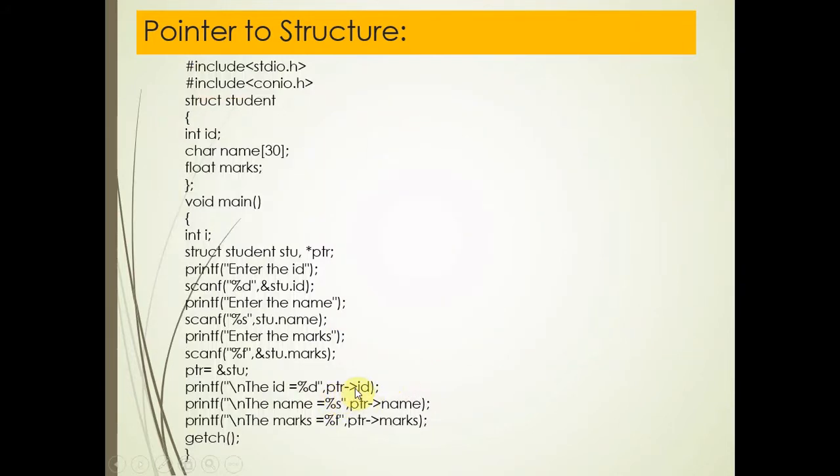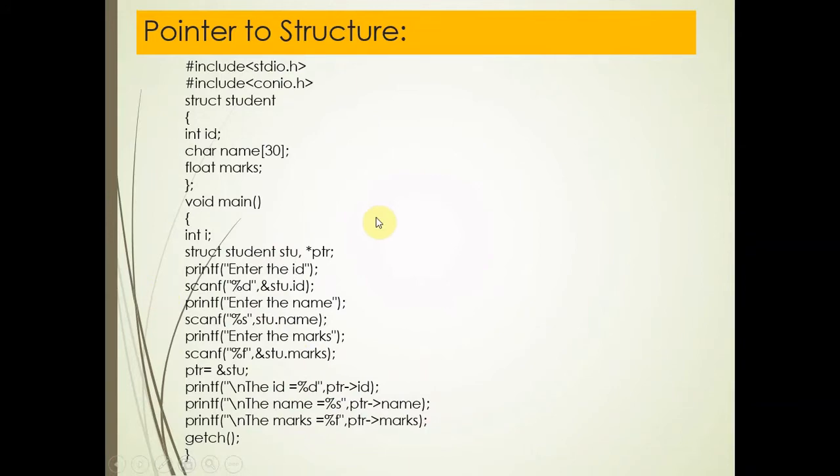You just see ptr->id, so it will print the id. And with the help of this statement, the name will be printed: ptr->name. Instead of the dot operator, here I have used the arrow operator. And the marks, that is ptr->marks. So this is the example of pointer to structure.